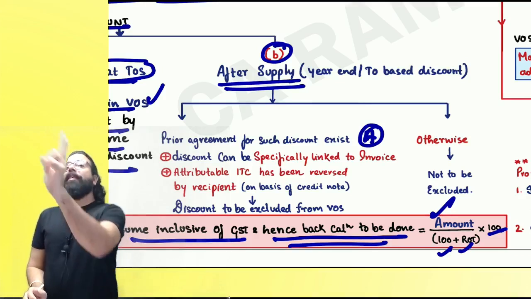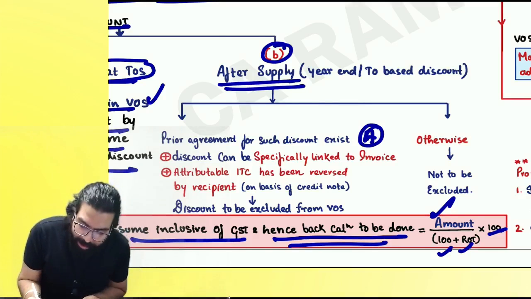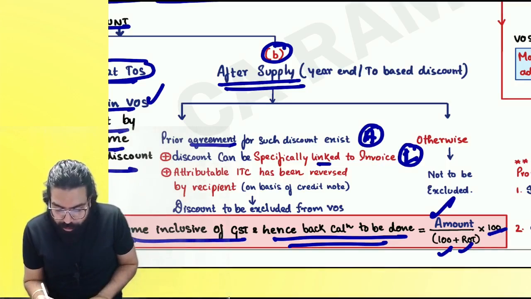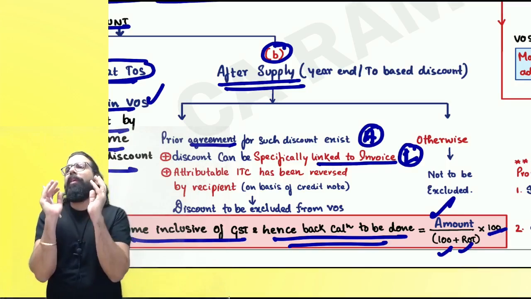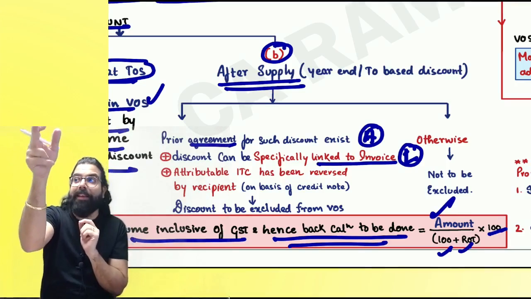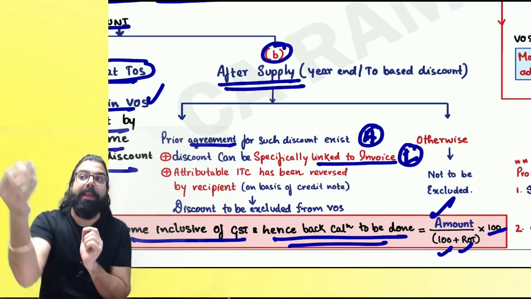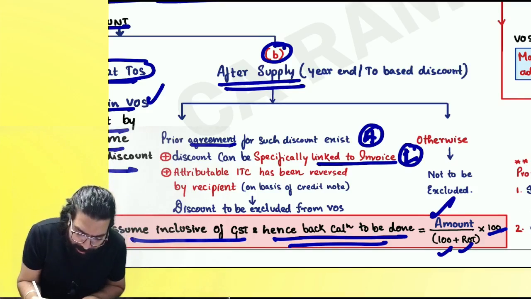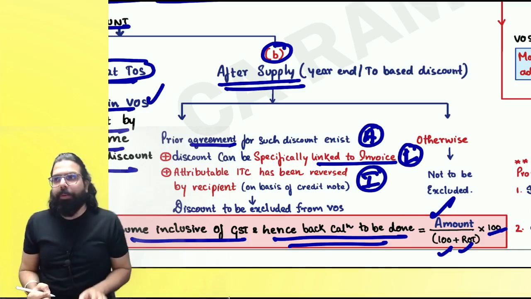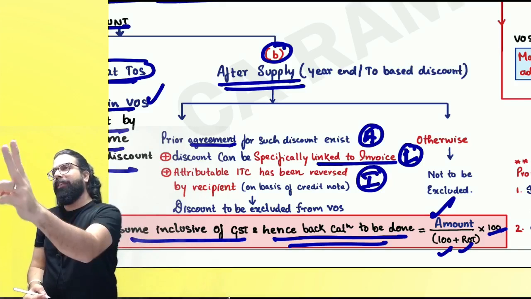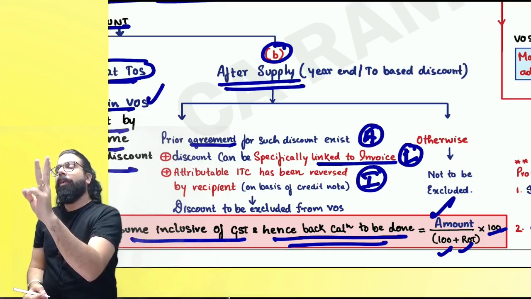Number two, invoice-wise, I am able to link. L for linking with the invoice is possible. A for agreement is there. Linking to the invoice can be done, so for this invoice I know how much discount has been given. And the last one: whatever ITC has been taken on the discount portion which I am giving, he is agreeing that he will pay it back to the government. I will reverse it. So the A, L, I condition has to be met always. A for agreement, L for linking to invoice, and I for ITC reversal.